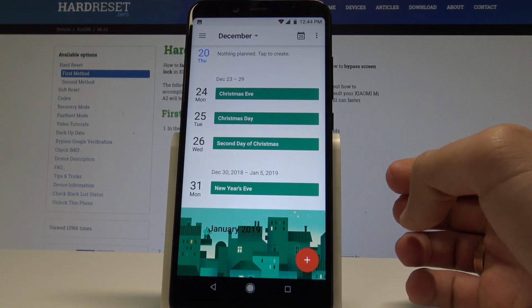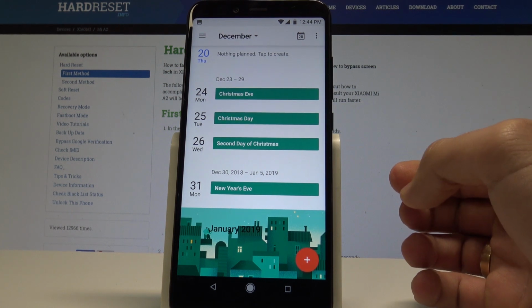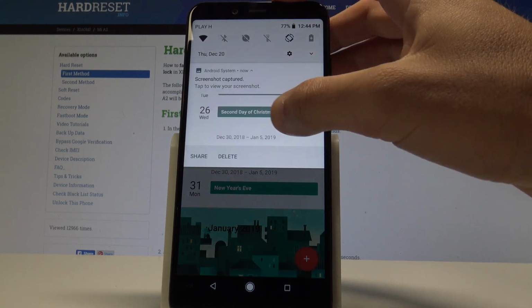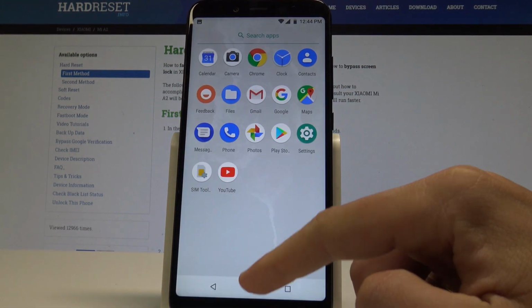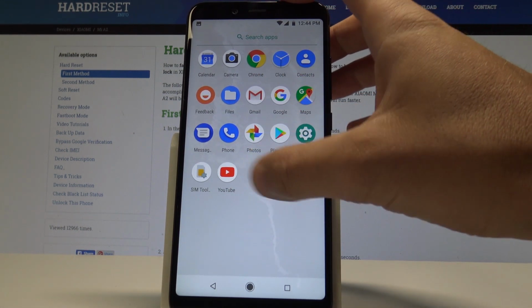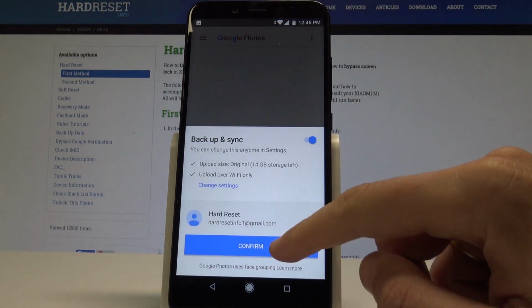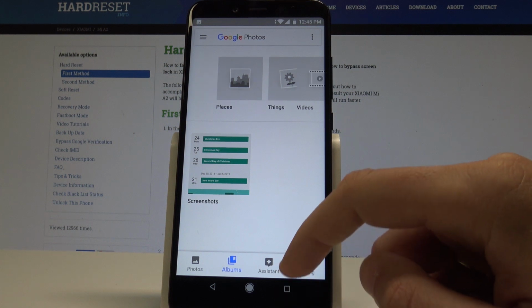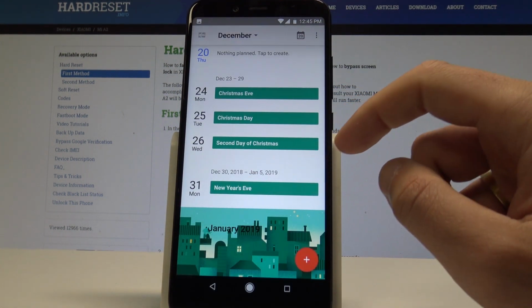So now if you would like to share, edit, delete or do whatever you want with your screenshot, you have to open the screenshot folder. You can do it by using the upper bar and tapping screenshot captured, or you may also accomplish that by finding and selecting the photos right here. Let's tap albums and here you can tap screenshots and you can share, edit, delete or do whatever you want